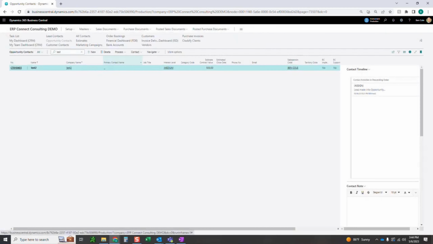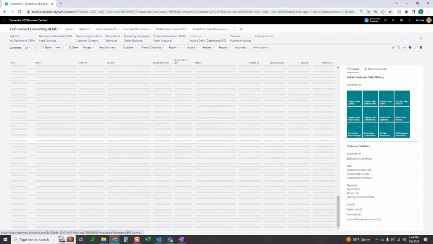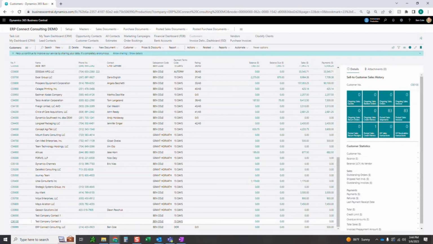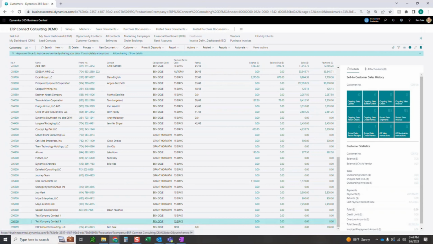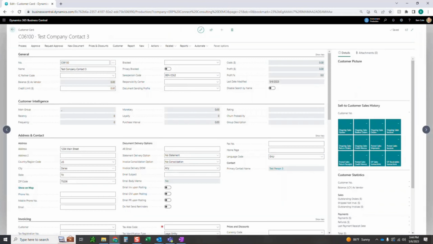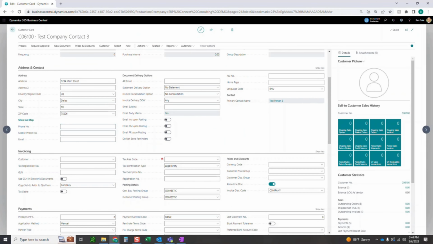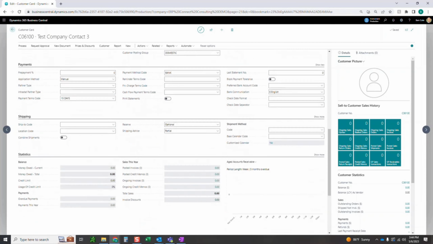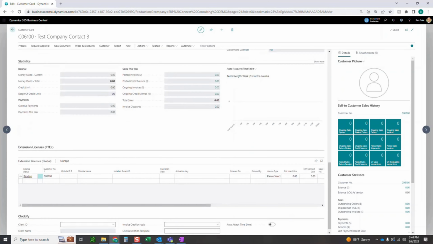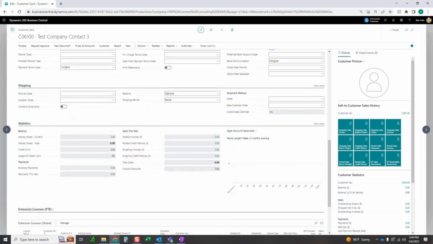And if I go into my customers and scroll down to the bottom, test company contact 3 is the one we just created. And we'll notice everything that came over, right? New customer number assigned from what the next number was here in Business Central, the name, the salesperson, the address information, and then everything else came from that customer template that I chose at the time of conversion, right? So my posting groups and all that kind of stuff, right? Salespeople probably don't really care about that, but it's going to be in the template, so it will just automatically